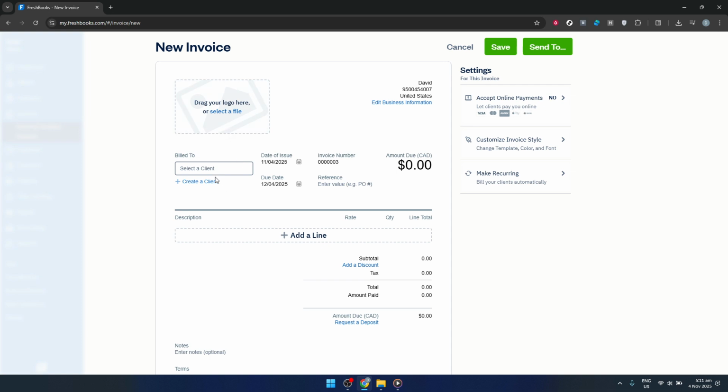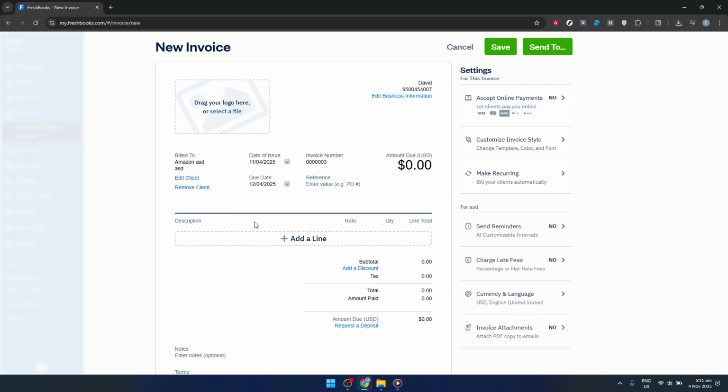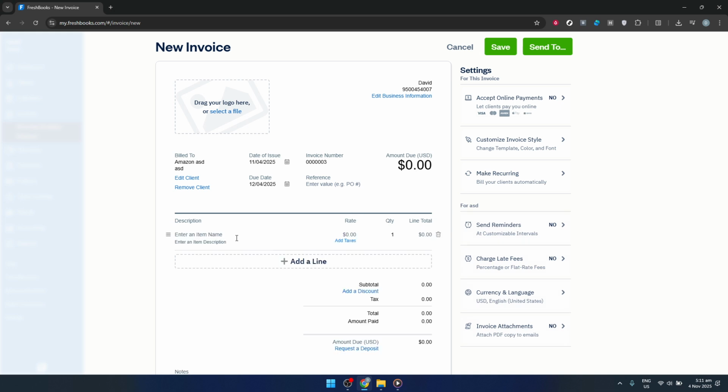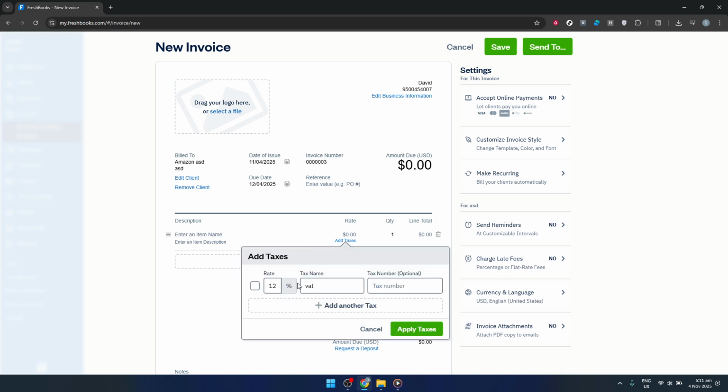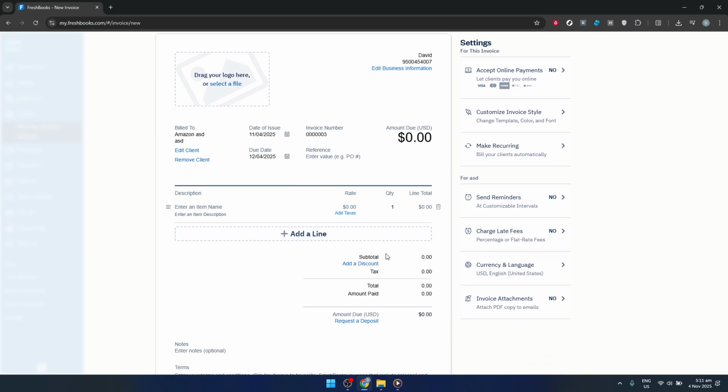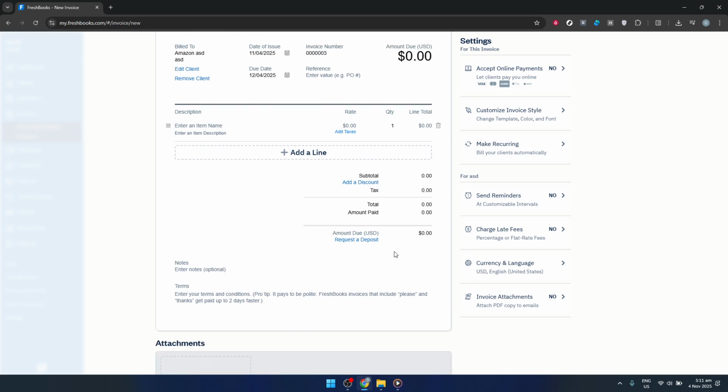Begin by selecting the client you're billing. It's important to make sure all client information is accurate to avoid any confusion later on. Next, add line items for the services or products you provided. Be specific in your descriptions and double-check the prices to ensure accuracy. It's also wise to set a due date for the invoice so your client knows exactly when the payment is